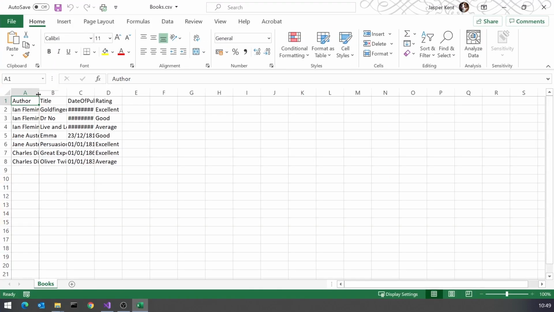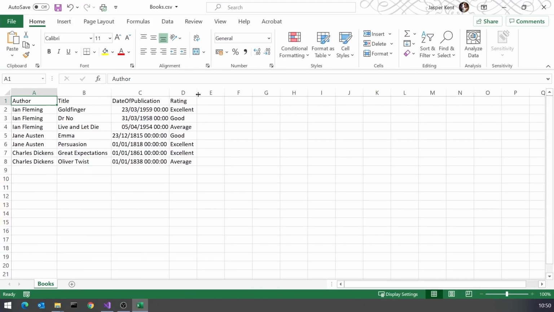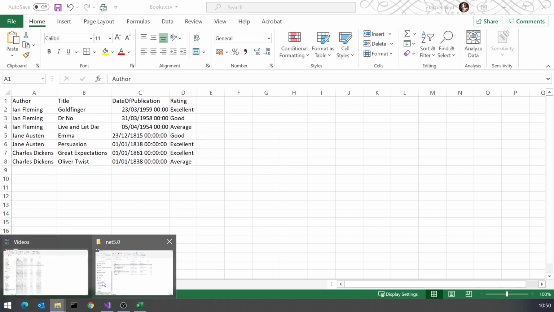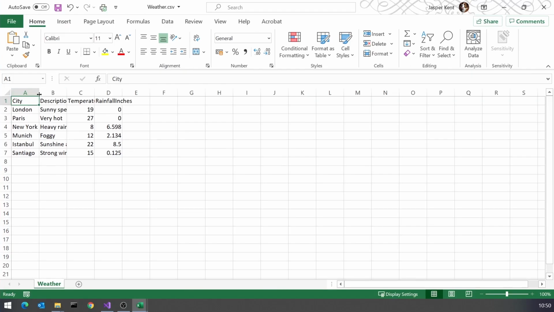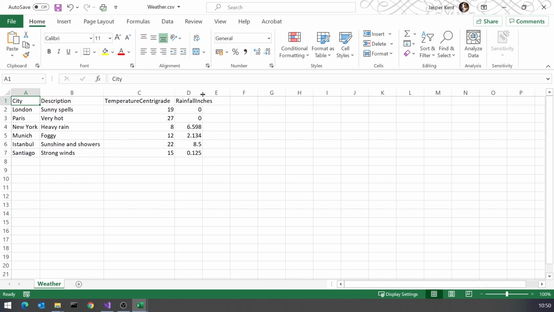And so you can see here we've got all of that information. We've got the title, the author, and all of that data. The enums, toString on an enum gives you back its value. And if we take a look at the weather, then we can see the same sort of thing again. And so really, that's got it all working in a very general purpose way. We could have put a collection of any class in there and it would have looked at the public properties, given us the header, given us the content.